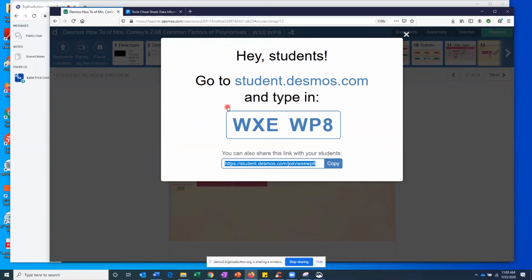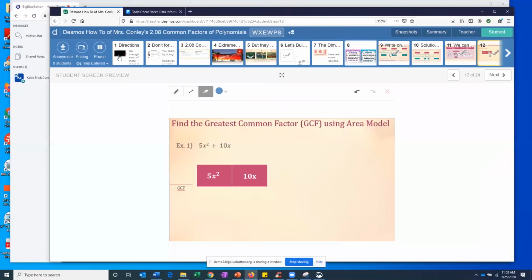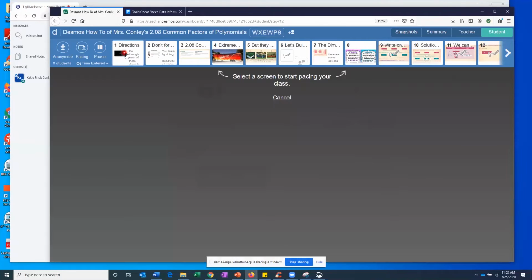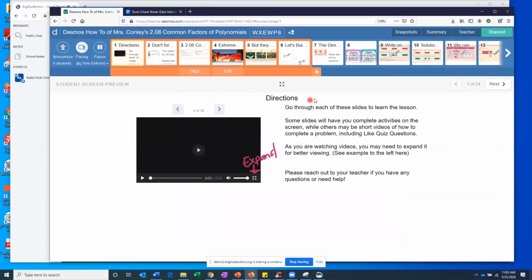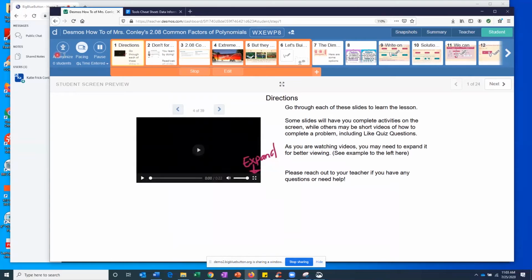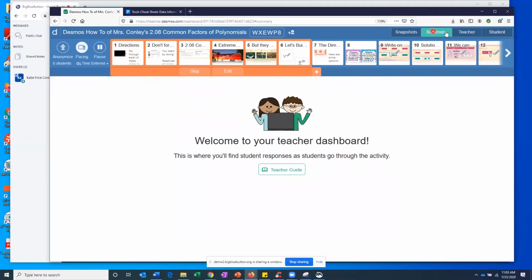So they know, oh yeah, we're going to go to student.desmos.com and this is the code, and then I'm able to get going. And what I like to do, as I showed you earlier, is have a warm-up. For this particular lesson, the warm-up would be 6 slides, so I'm going to restrict the students to that. And then you easily would see, this is your teacher platform. As students come in, you would be on the main page, over here on summary,